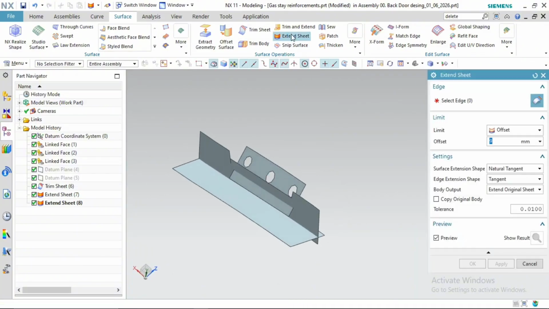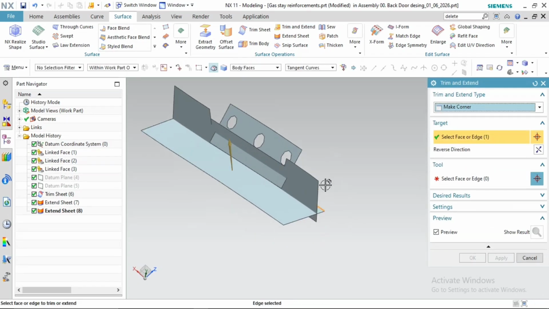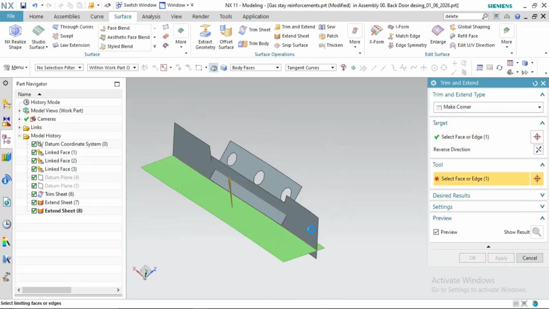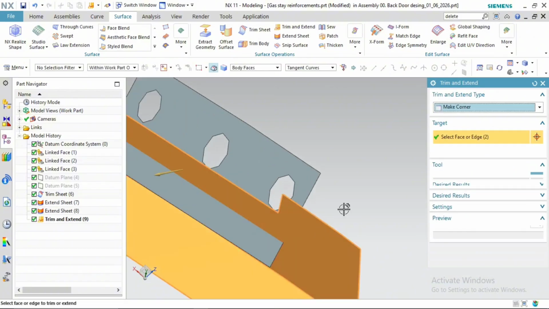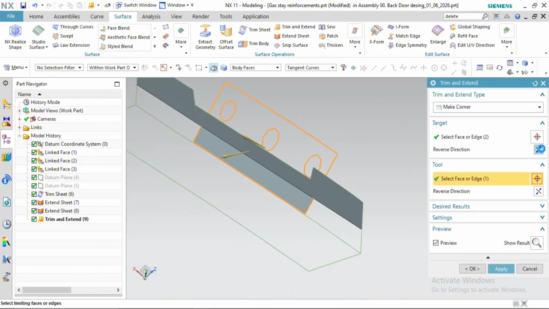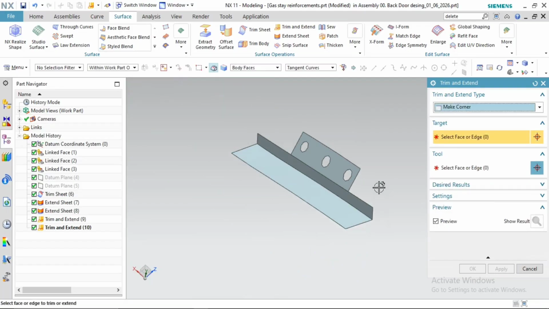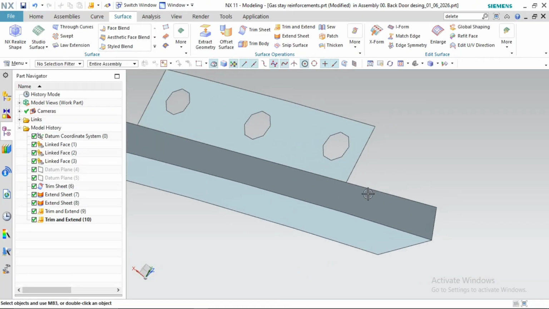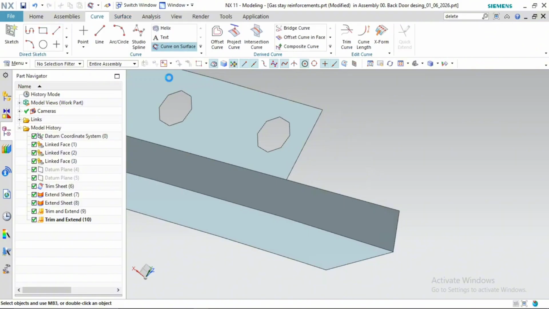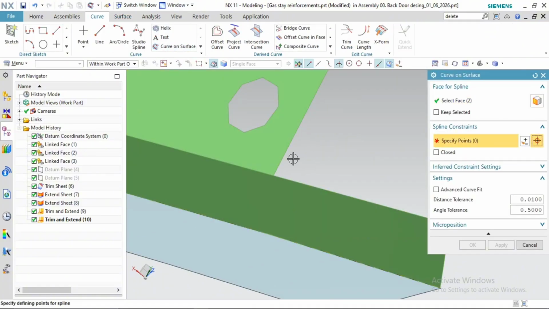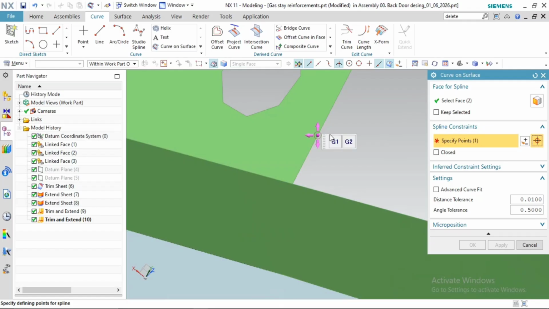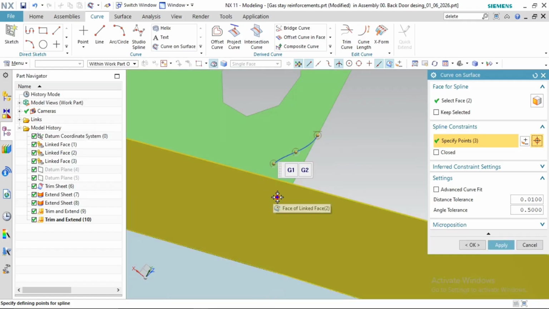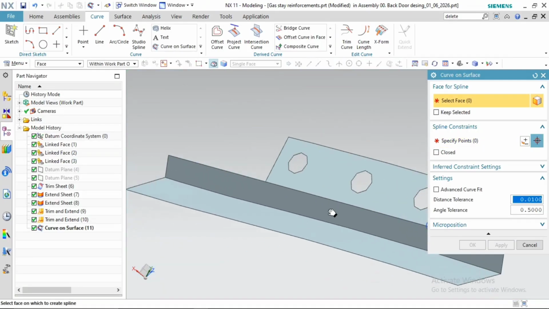Okay, let's trim them off. Trim and extend. Okay, trim and extend base plate, and then this, apply, and then this and this. Okay, you have to provide the relief. Go to curve on surface, select these two curves, faces, and then okay, apply, and then again